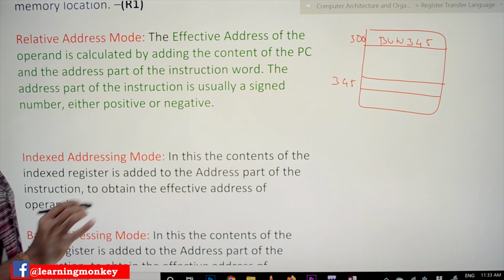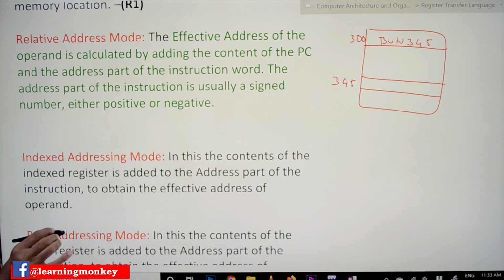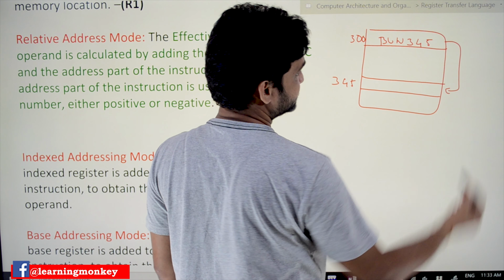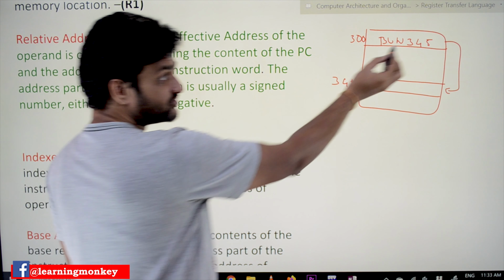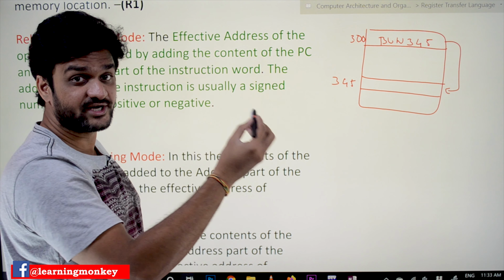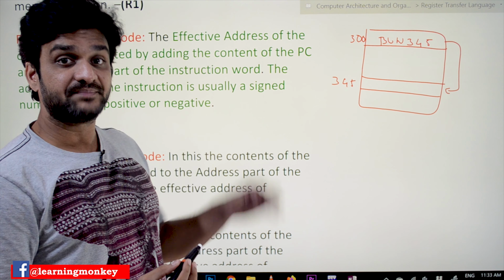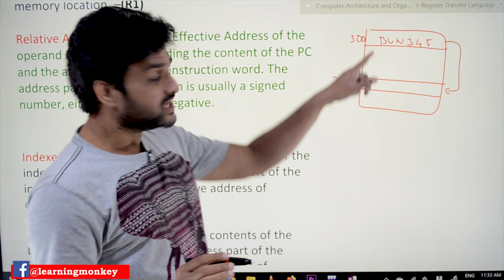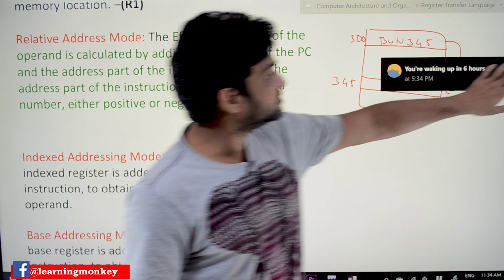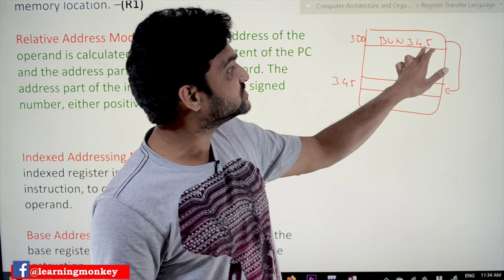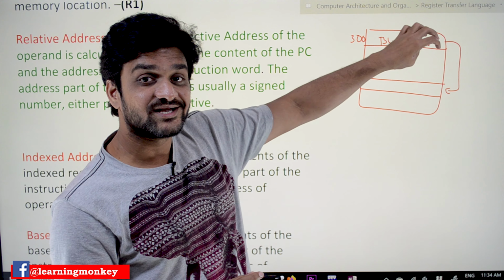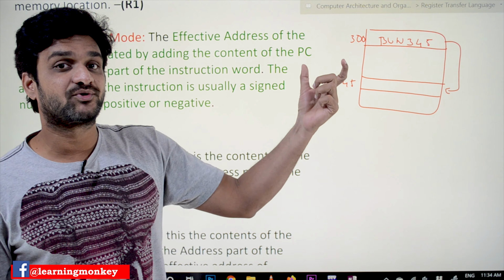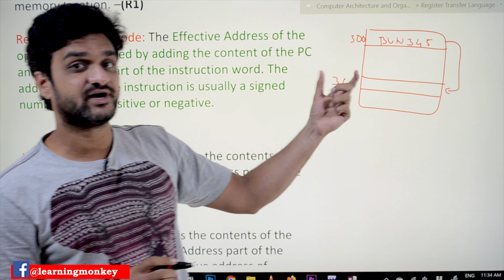Now branch unconditional 345 means by executing this instruction, we will move on to this location. This is what we call a direct address mode, also called absolute address mode, where the absolute value of the address is given. Try to understand it. This is direct address mode, where the absolute address of the operand is directly present. Direct address mode is also called absolute address mode. There we haven't used that word absolute. Try to remember this word absolute.